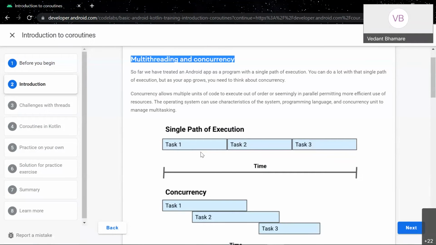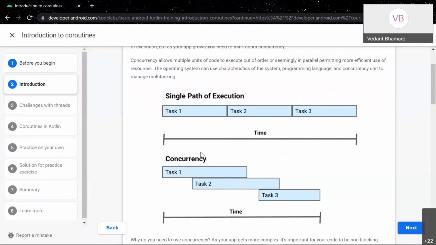So if you do the process of fetching all that data on the main thread, then your app might crash. It would run out of resources, because there is a certain limit to which resources are allotted for an app, and if you overload them, the app may crash. So that's the problem your application might face.